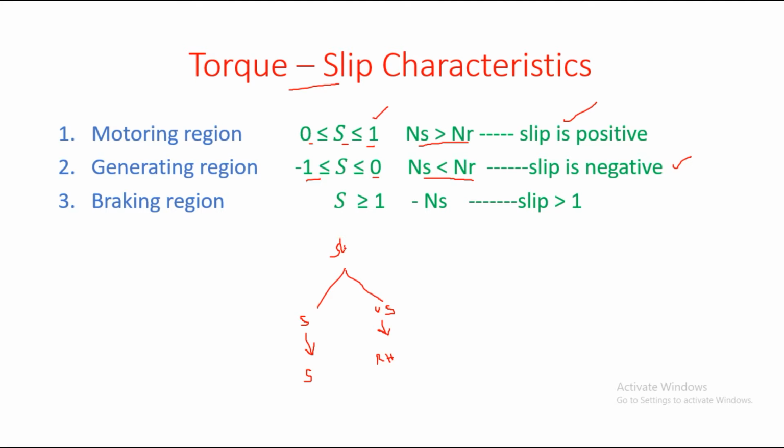So by changing the value of slip we can estimate the behavior of torque slip characteristics, either as a straight line or a rectangular hyperbolic function, and it is common for both generator and motor. Now in the braking region we have to maintain the slip value greater than 1. For obtaining a slip value greater than 1 we have to change the direction of the synchronous speed. It is possible by changing the phase sequence of the supply connected to the stator.